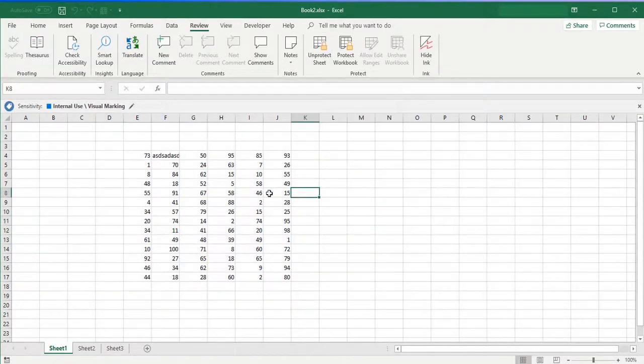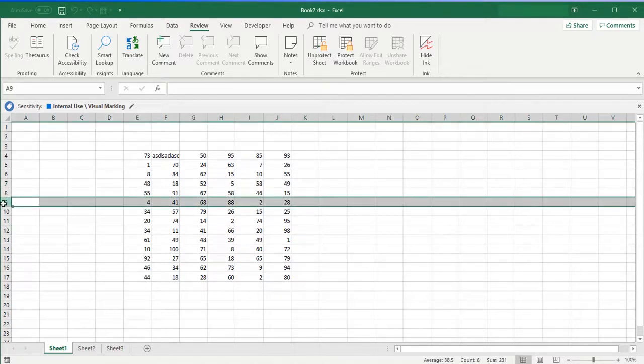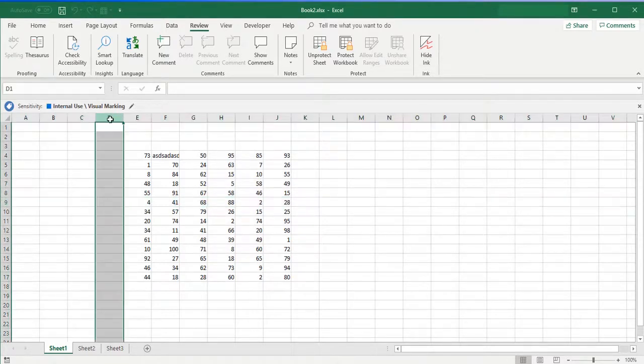If you try to edit something on the worksheet, you will not be able to. That is the difference. Earlier you used the workbook option. Now what we have done is protect the worksheet. You won't be able to edit anything unless you enter the password. Let's create a new row or column. You will not get the option, all disabled.